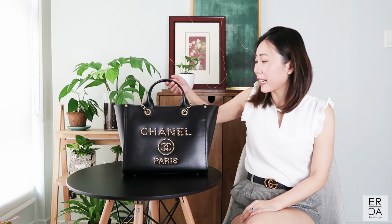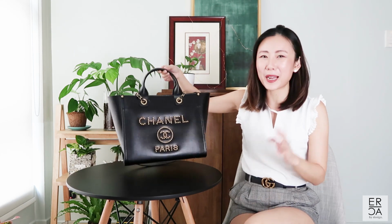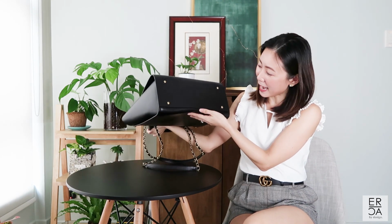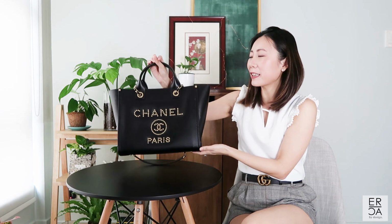So what do you guys think of the Chanel Deauville tote? Is it worth adding to my collection, and does it actually look good on me? Because I'm really in a dilemma. I know that I kind of like the handbag, but I'm not 100% sold on it just yet. I do like the fact also at the bottom that it has feet,